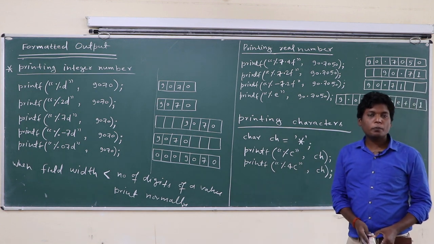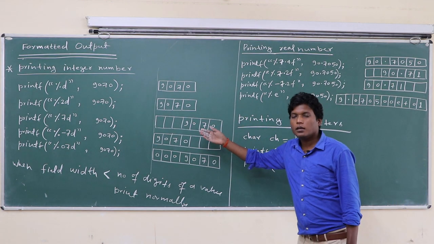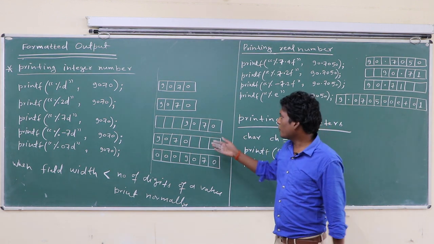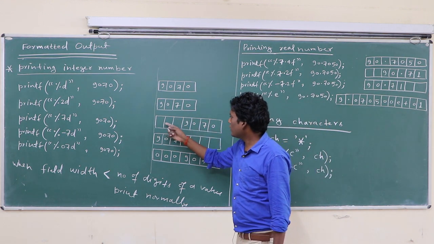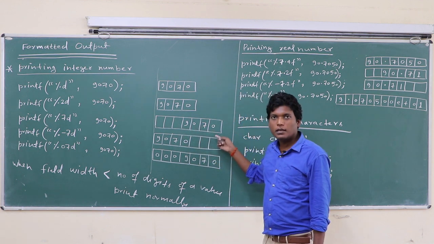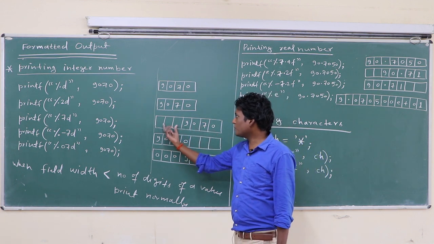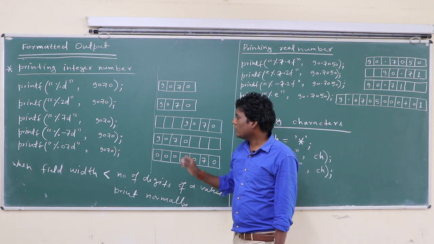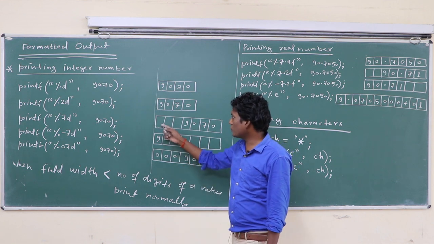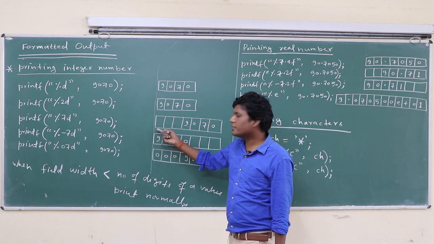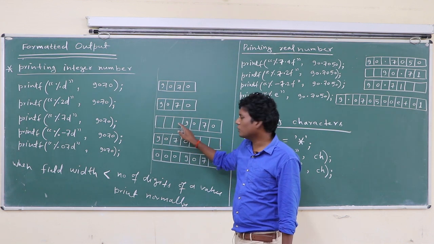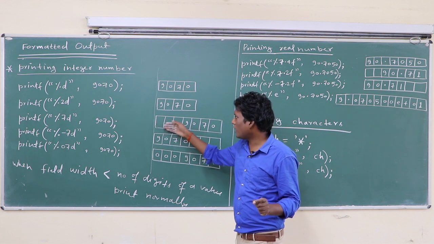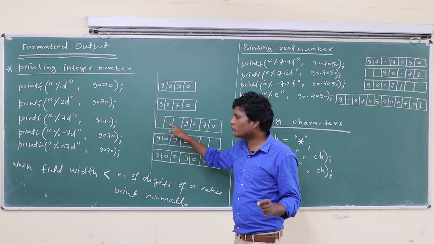Class, when you print these numbers, the computer's output console does not show these blocks, but there is space equal to these blocks. The output screen does not show these blocks, but there is space equivalent to these blocks. Blocks will not show there, but the space will be there, equivalent to these blocks.